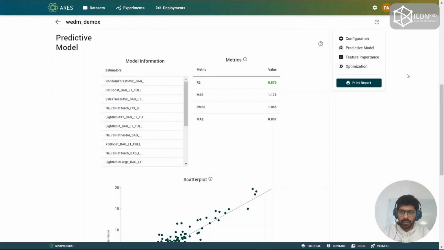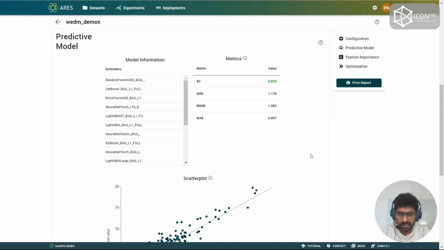So let's take a look at an already trained model for this dataset. What you see here are the different metrics that are calculated for the test split of the dataset: R2 score, mean squared error, root mean squared error, and mean absolute error. We see that for this dataset, we have a mean absolute error of 0.8, which is very good for this particular use case.